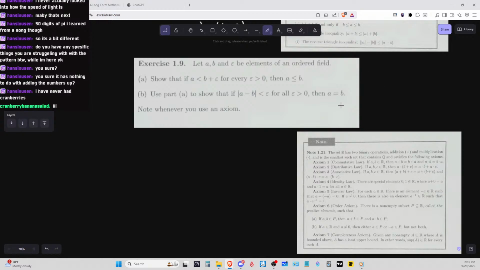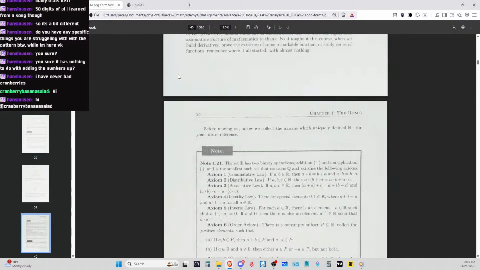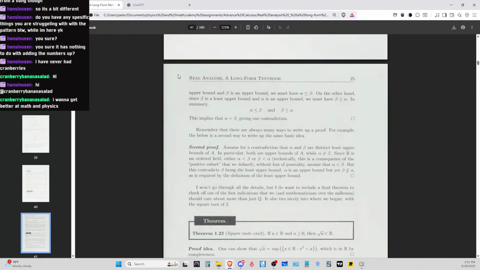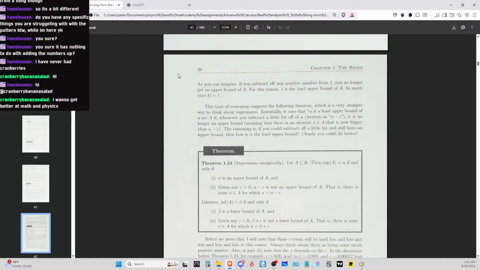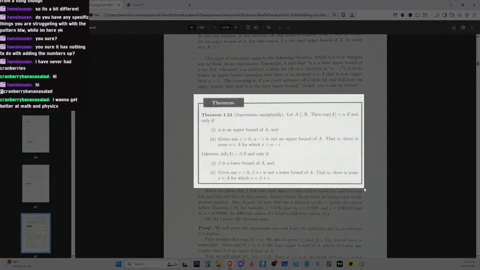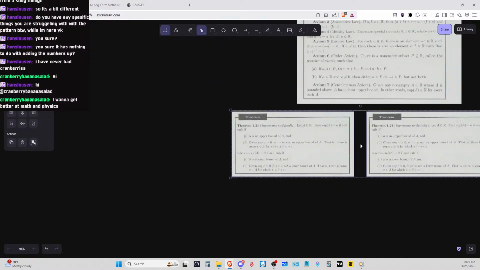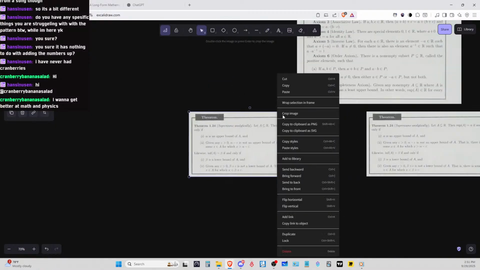Do I need the definition for... I feel like I need a definition for something with supremums. I think this one. We need the theorem here. Maybe, I don't know. Maybe not. But I feel like we just need it. So